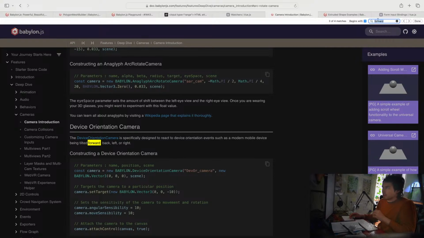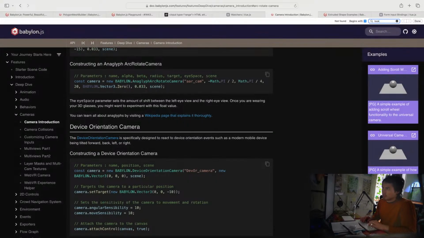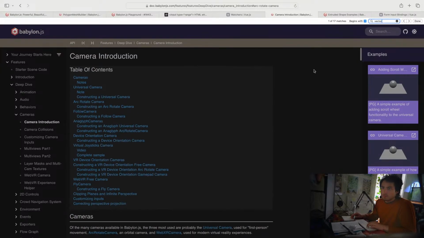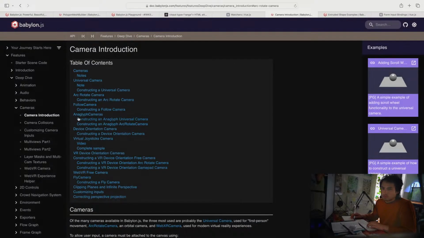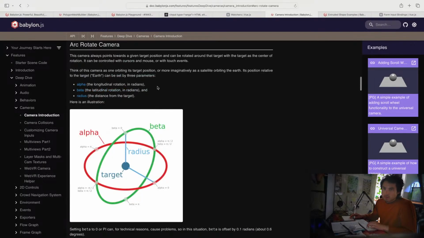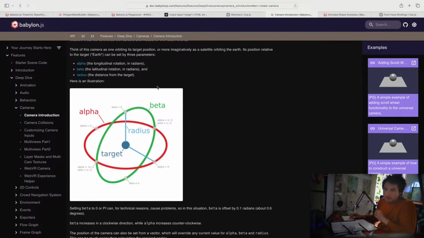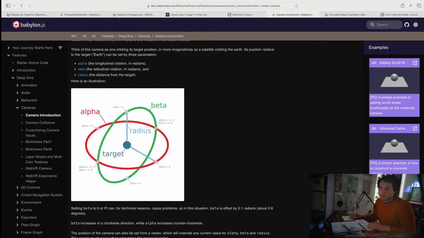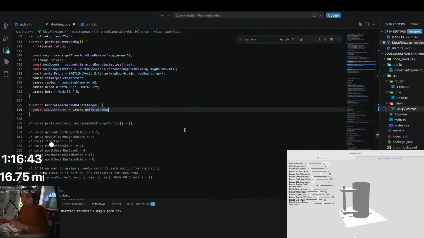So let's look up for the look vector. We could always use the alpha beta, or we'll just take the camera position and the target and find the vector between those. I think that's going to be the easiest way. So let's go look vector equals